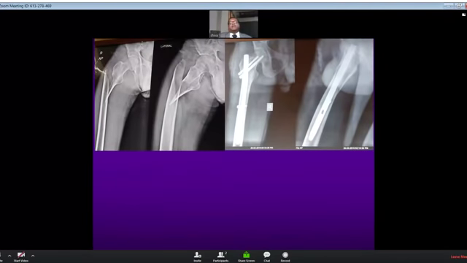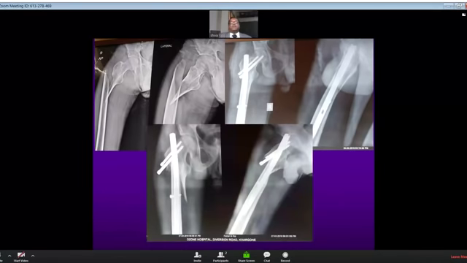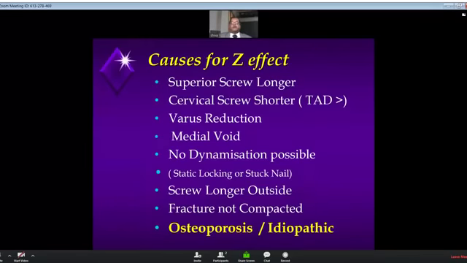Here, a high subchondral fracture with a very long oblique fracture. The nail has been locked statically, but because of the long obliqueness of the fracture, the distal fragment can slide into the expanded metaphyseal fragment into the proximal bone, and in due course of time, both of them walked out. Probably this could have been minimized by doing a dynamic locking. That's the reason why I say that it's better to do dynamic locking in some of the cases.